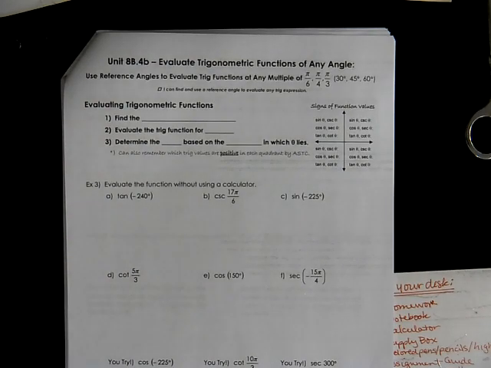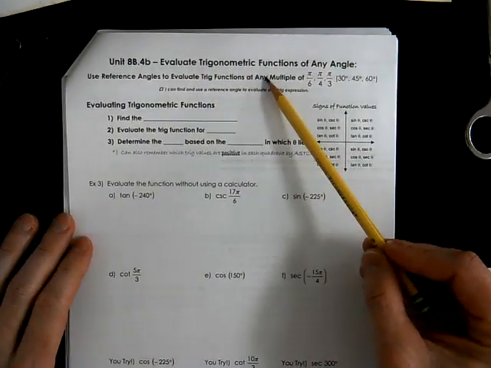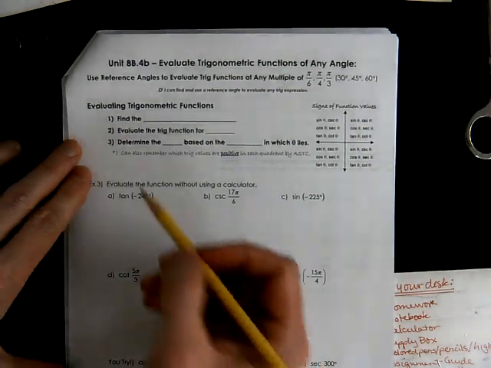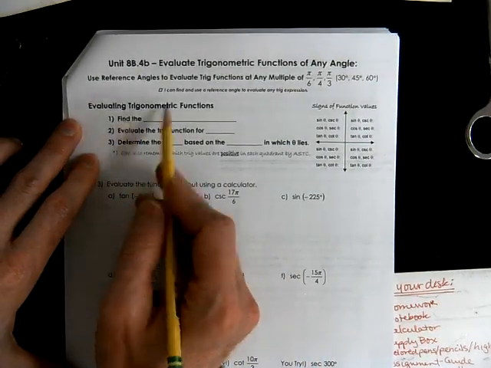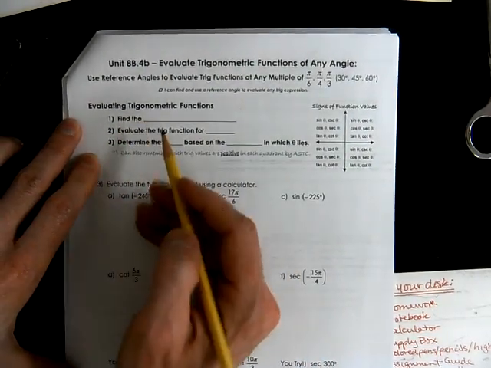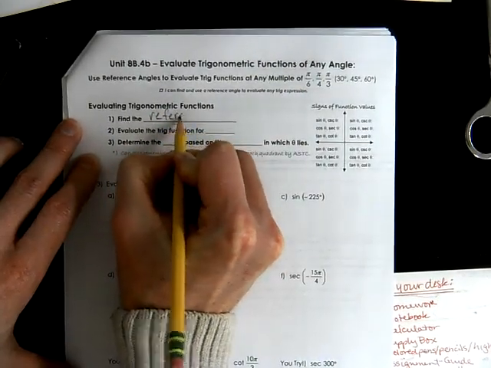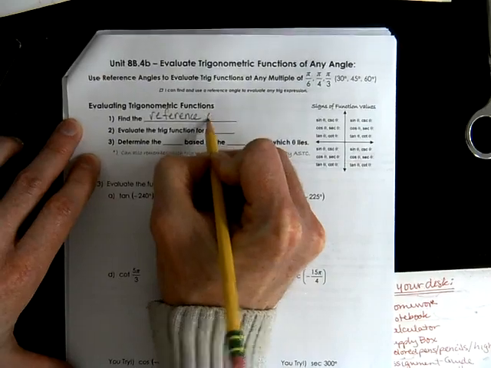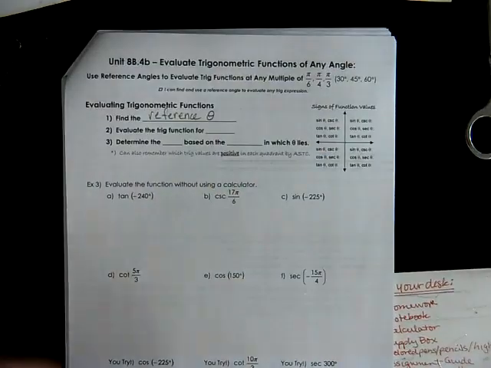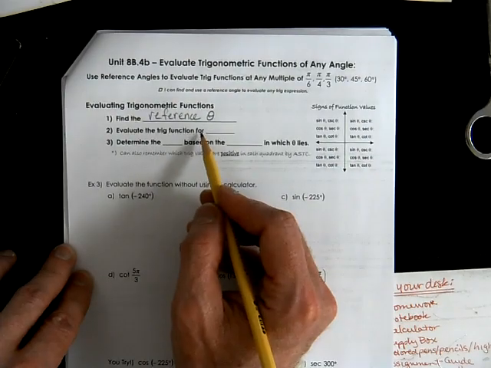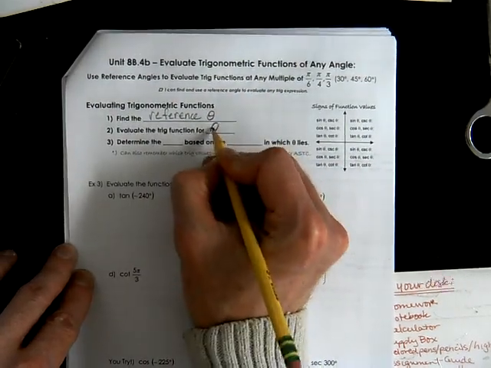This is Algebra 2 with Trig, 8b.4b. We're going to evaluate trig functions. We've done this similarly earlier this week. One way to evaluate these is to find the reference angle. And we're going to evaluate the trig function for theta